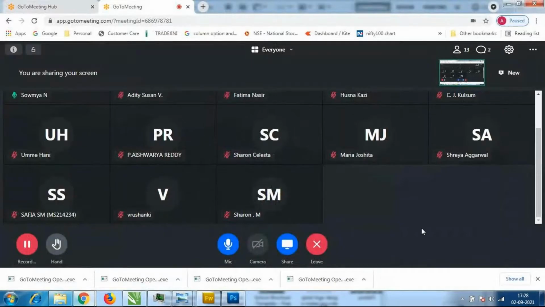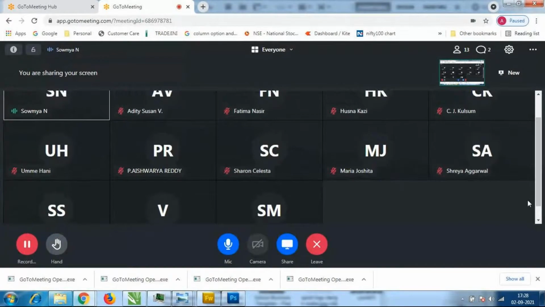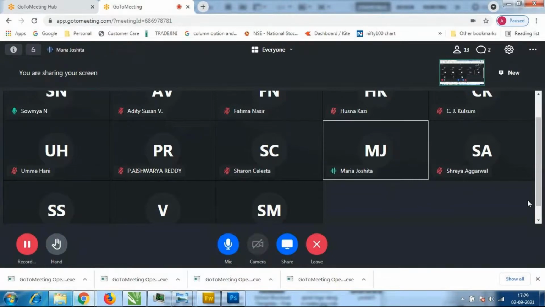Anybody having any doubt? Maria Joshita, tell me how to add the anchor points. Maria Joshita, can you tell me? Shreya Agarwal, how to add anchor points? Ma'am, anchor points are like the extra points wherever you want to add them. Okay.